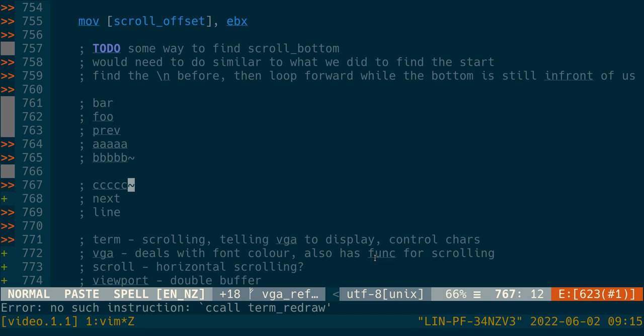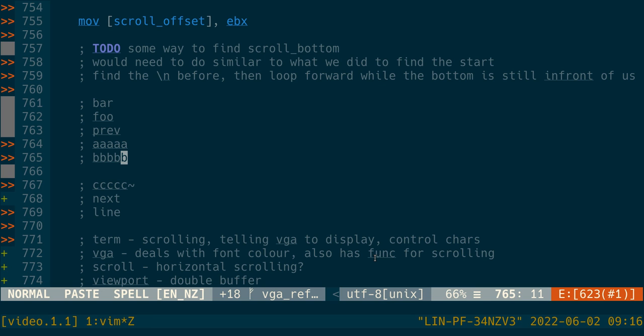Now what I kind of want to do is make a function that doesn't actually draw it, it just looks through it to work out where the offsets are, and then we can save just the offsets, and then when we want to actually print it, we can just print what we want. In fact, we don't actually need to print it because it's already got BBB there. All we need to do is know where that offset is. So in that way we can pretend to print, check, pretend to print, check, pretend to print,